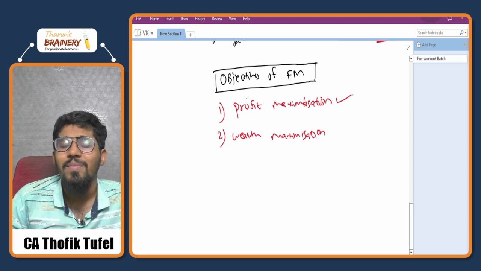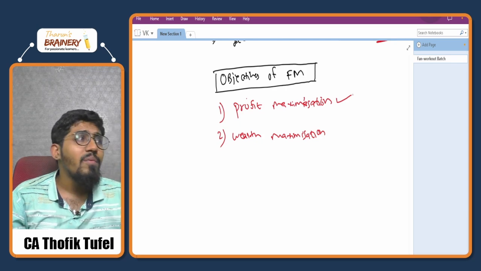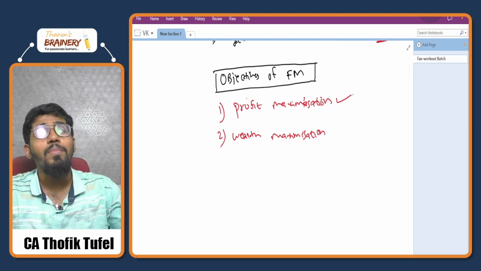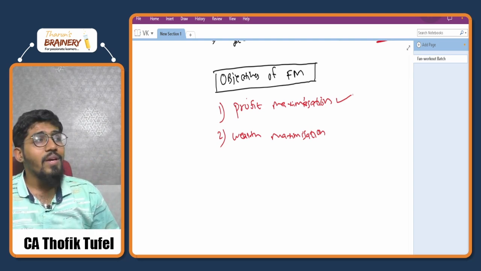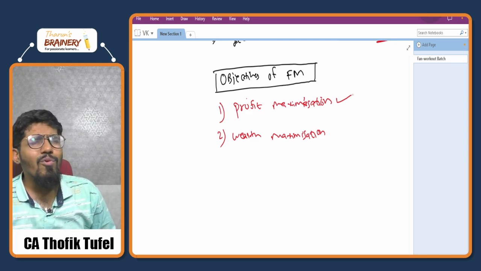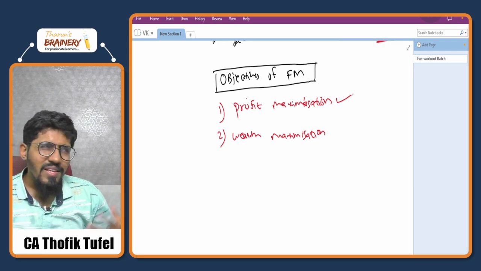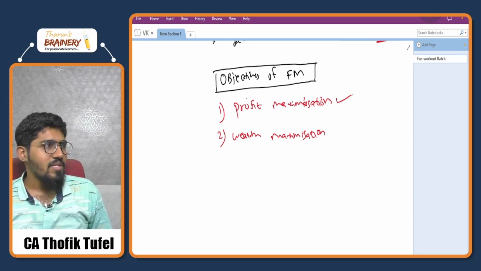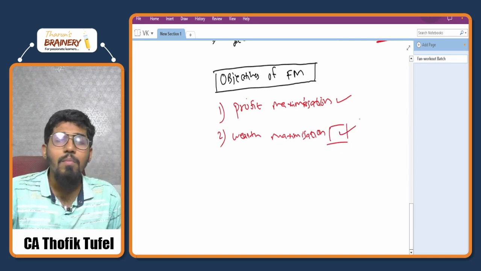Now, what is this wealth maximization, sir? See, traditionally, people were only focused on profits. Now, because the financial markets have developed so much, shares are listed in the companies, correct? We are mostly going to see listed companies only. So now shares are listed with the company. Profit maximization is not the objective that managers are very much concerned about. They are concerned, but they are more concerned with wealth maximization. So they are giving more weightage to wealth maximization.